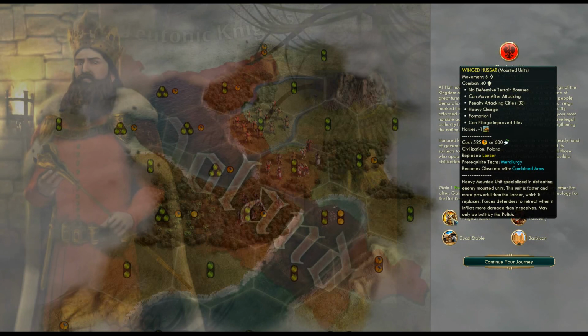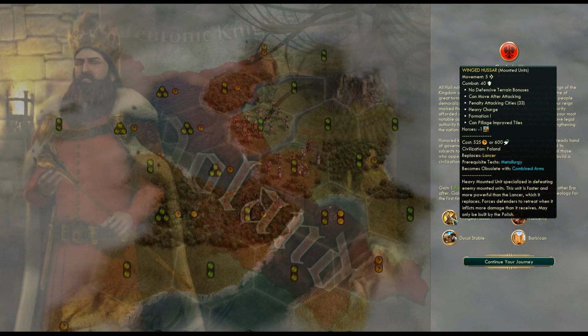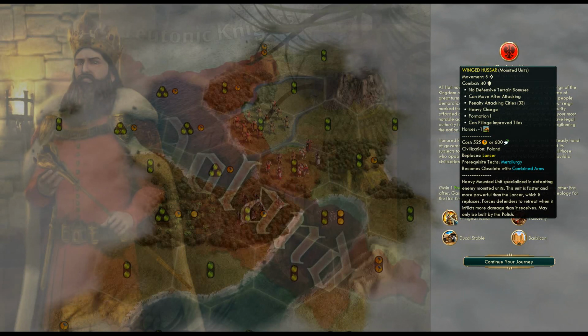Then the last one, a Winged Hussar. A replacement for Lancer, which means it will come into play quite late. Most of the saves that we'll be playing against actually have a unique version of a knight, so they will get their power spike a little bit earlier. So maybe at that point we will have to slow down a little bit and just wait for our power